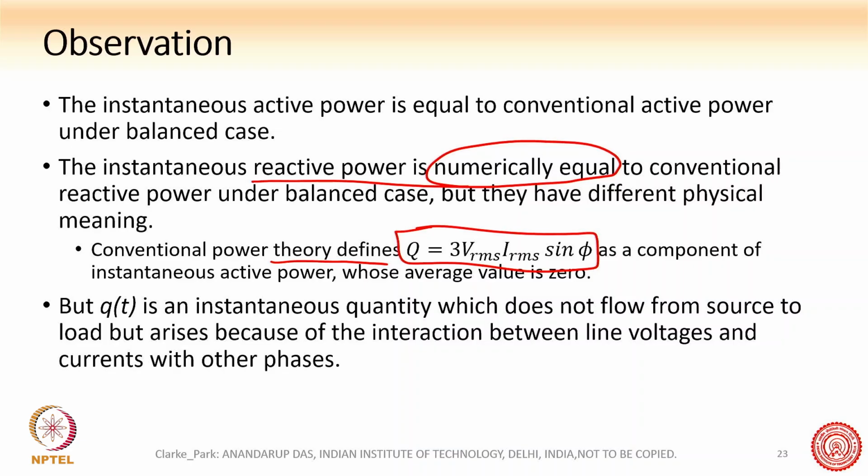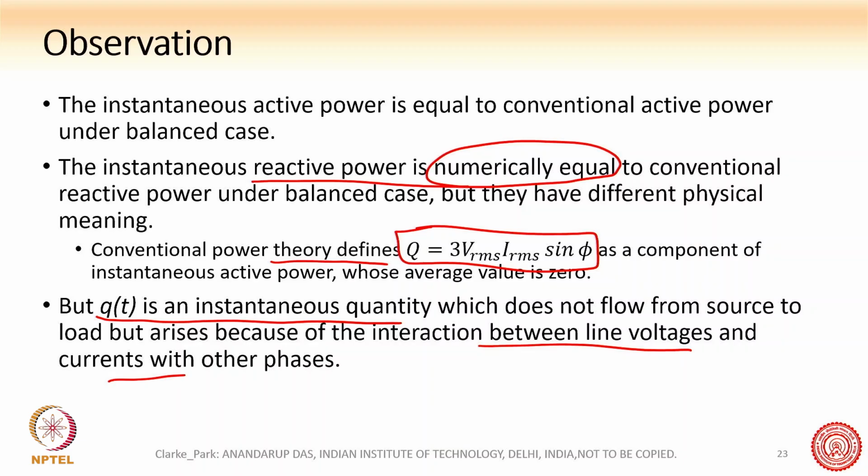This was defined as a component of instantaneous active power. If you go back to the definition of reactive power, you will see there is one component which is in phase and one component which is in quadrature, and that quadrature component has an average value of 0. That is how the conventional definition of reactive power was developed. On the other hand, this instantaneous reactive power is an instantaneous quantity which under the balanced case is numerically equal to conventional reactive power. It arises because of the interaction between line voltages and currents with the other phases,